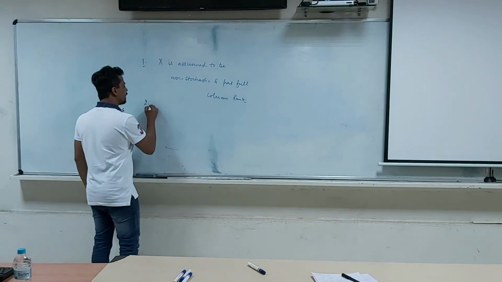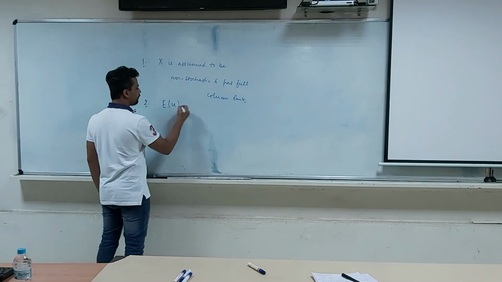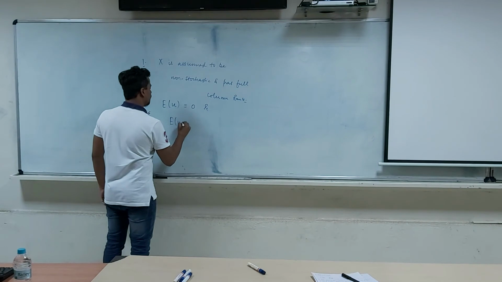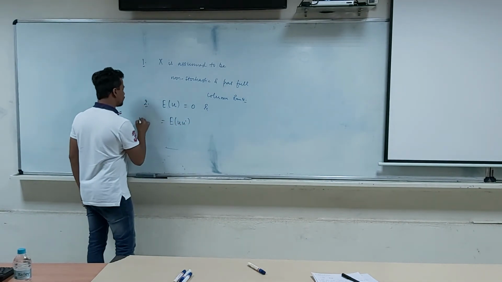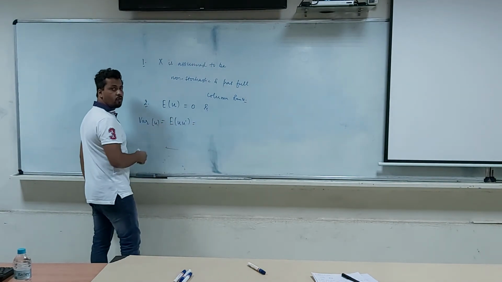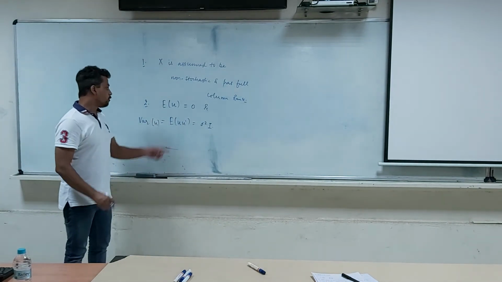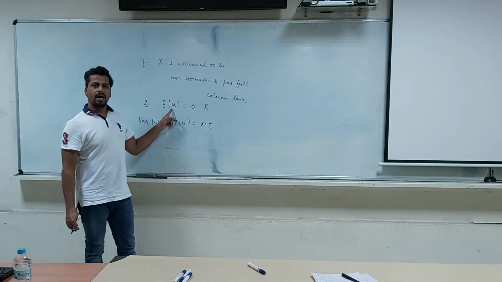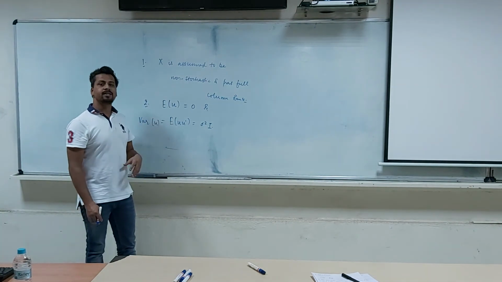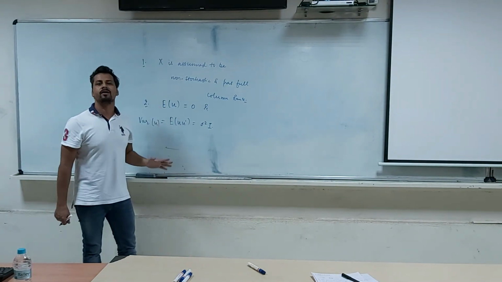And the second assumption is about the error term. So we assume that the expected value of the error term is 0, and the variance of u, or you can say the variance covariance matrix of the error term, is assumed to be something like this. And you must understand that u is a vector. And when you apply expectation to a vector or to a matrix, expectation gets applied to all the respective elements of the vector or matrix.